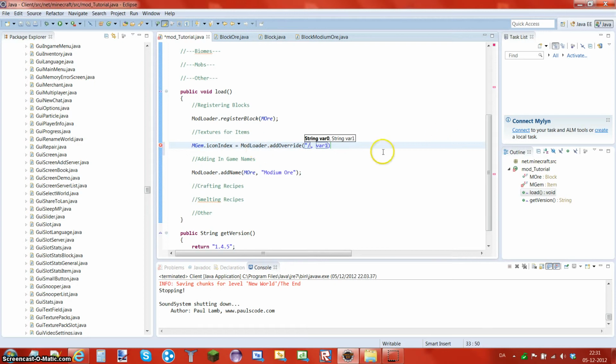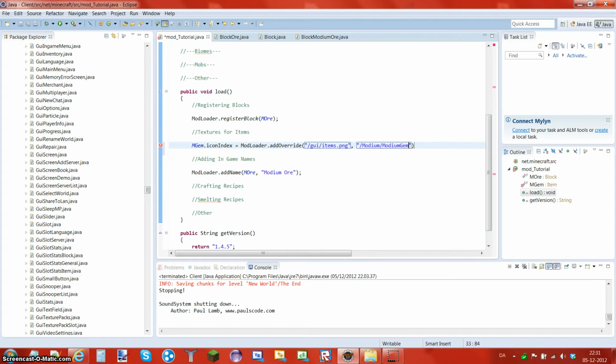It's different, and now you're like, oh, why is it always different? Well, if you go into Minecraft.jar, items are stored in a folder called GUI, and in there is an items.png. We'll get to that later. And this is going to be stored in the Modium folder. So Modium slash